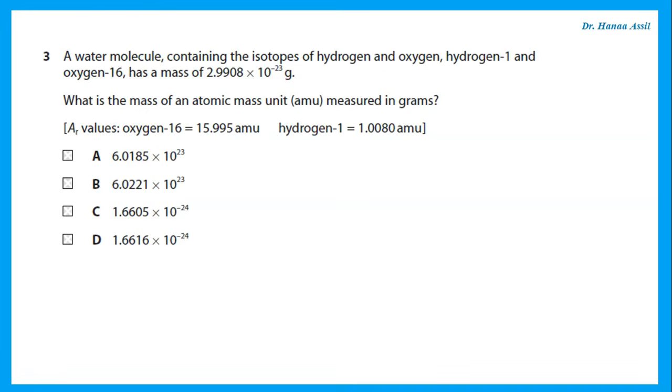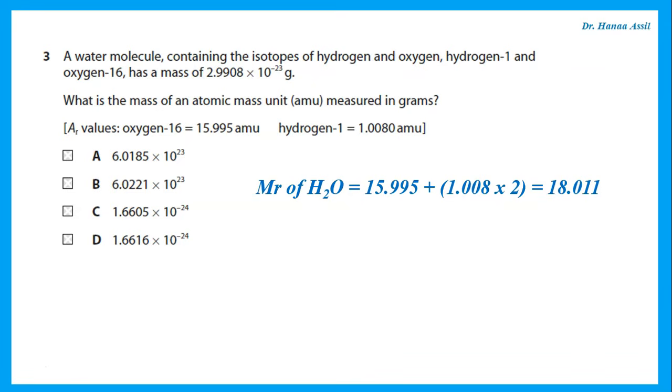A water molecule containing isotopes of hydrogen and oxygen, hydrogen 1 and oxygen 16, has a mass of this. So the water as a whole has a mass of this. Now, what is the mass of 1 unit measured in grams? So we are given the mass of 1 unit of the oxygen, the mass of 1 unit of the hydrogen. So the MR of water using these